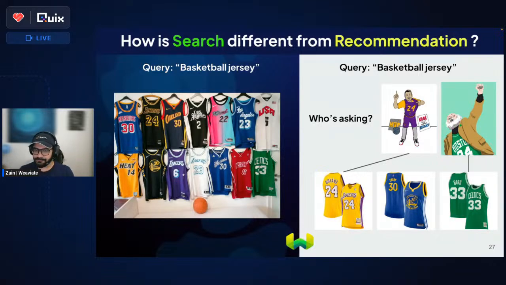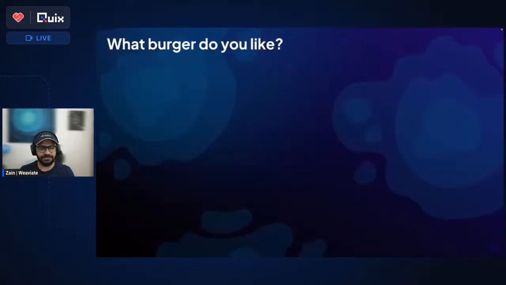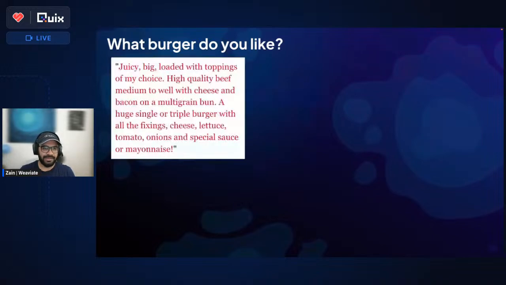Right? And so in the case of recommendation, we need to know who's asking. We need to know their preferences. And so in a vector database, you can actually cater the search results to the person that's asking. Right? And let me show you how you can actually do that. Imagine if I ask you, what type of burger do you like? Right? You could explain to me that. You could take a text description and just tell me this is exactly the burger that I like,